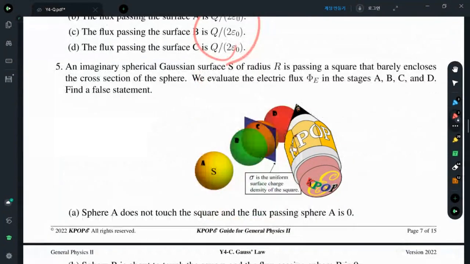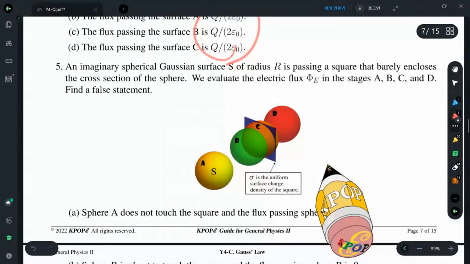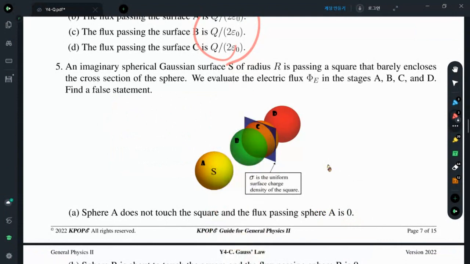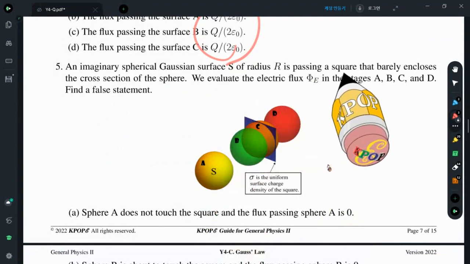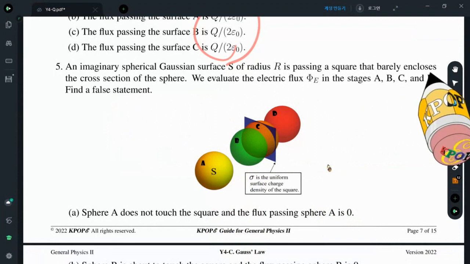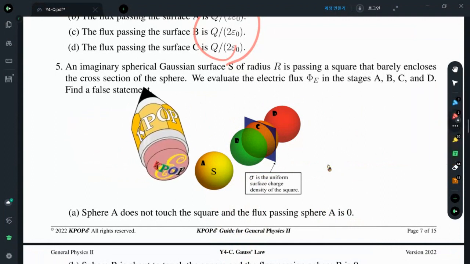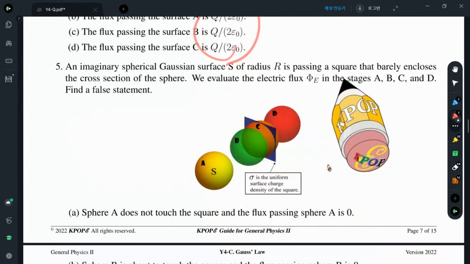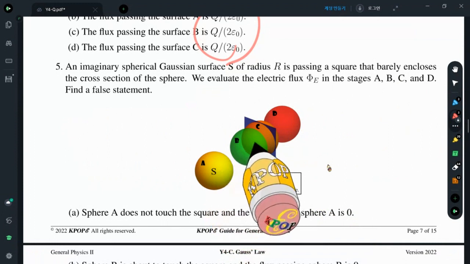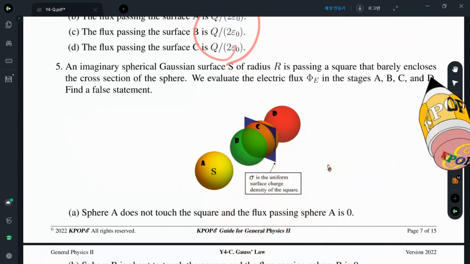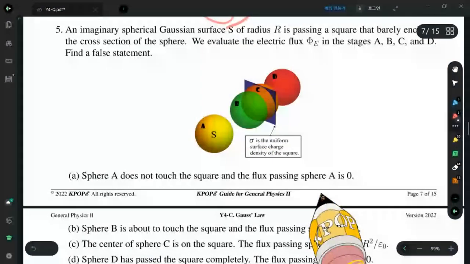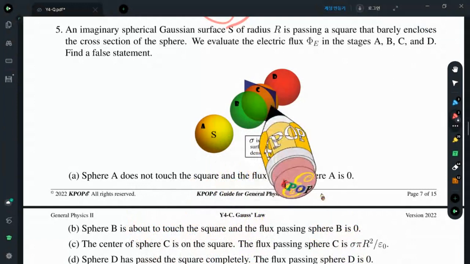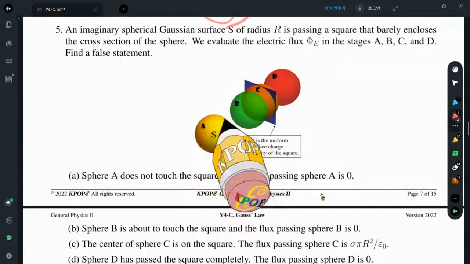Number 5. An imaginary spherical Gaussian surface S of radius r is passing a square that barely encloses the cross-section of the sphere. Evaluate the electric field flux in the stages A, B, C, and D. Okay. In A, this sphere does not touch. So over the sphere,